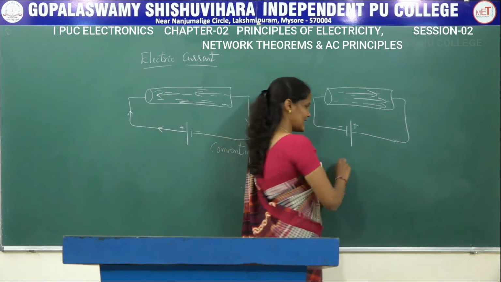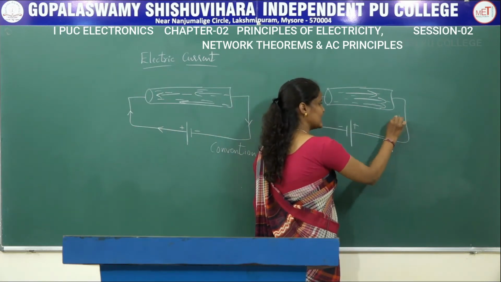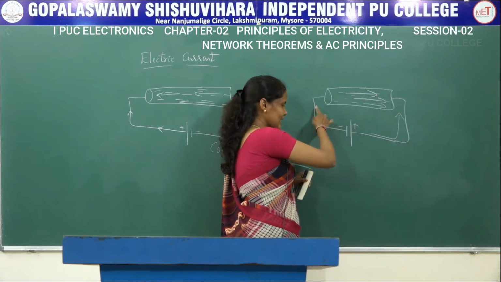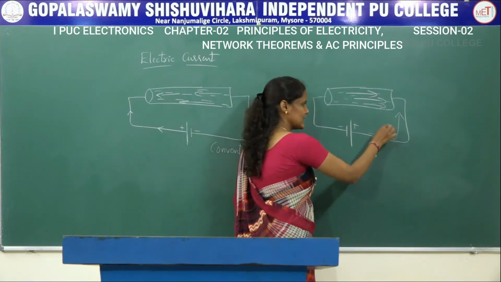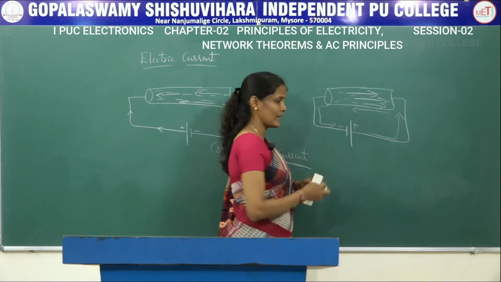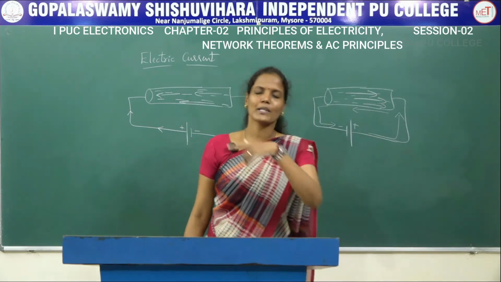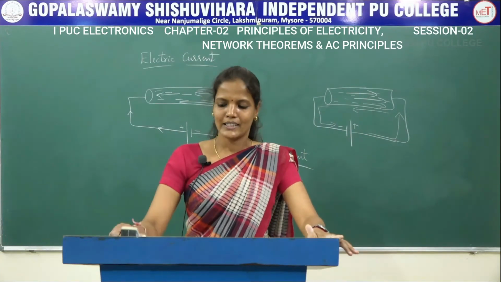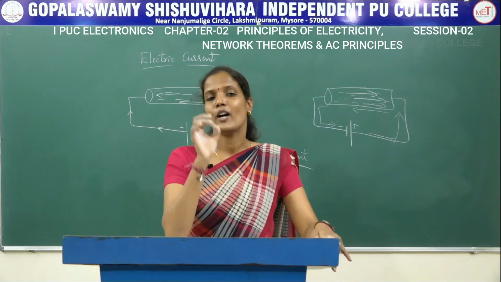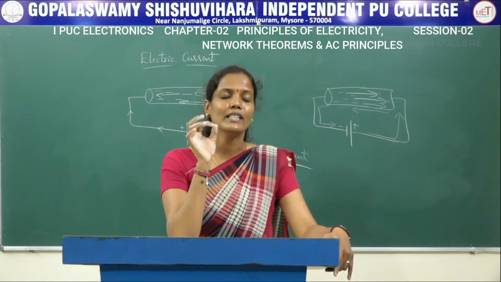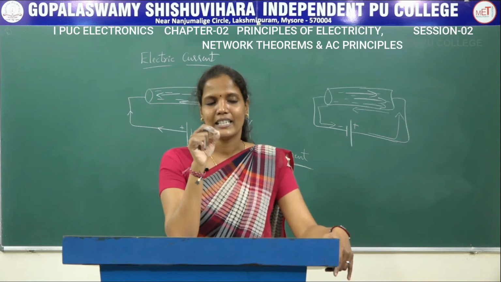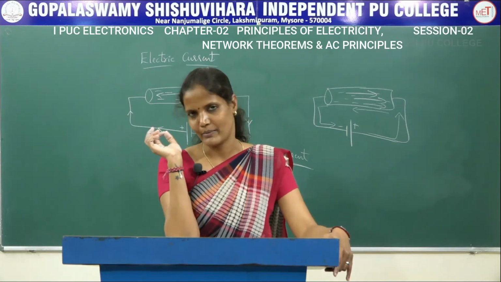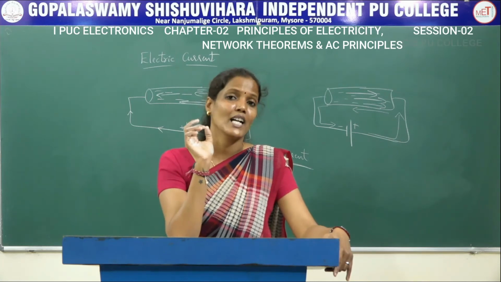Coming to this particular diagram, here the direction of conventional current is like this. That is, the current flows from the positive terminal of the battery to the conductor and then to the negative terminal of the battery. That is, the current follows this particular path and closes its path from the positive terminal of the battery through the conductor to the negative terminal of the battery. This conventional current flow is always opposite to the direction of the electrons. Current is always denoted from the positive terminal of the battery towards the negative terminal of the battery, and this is called the conventional current.